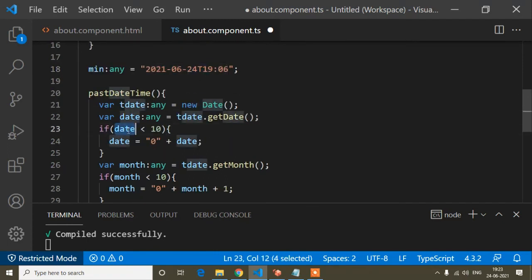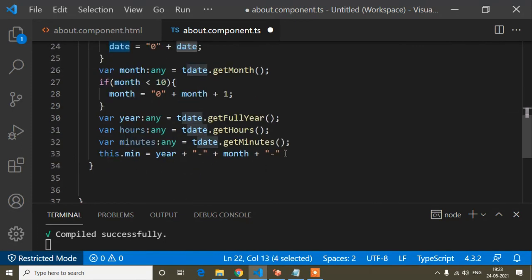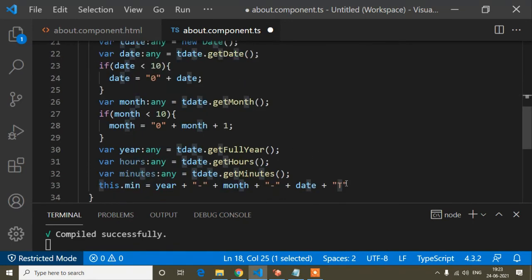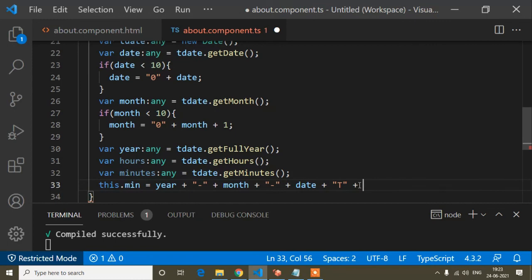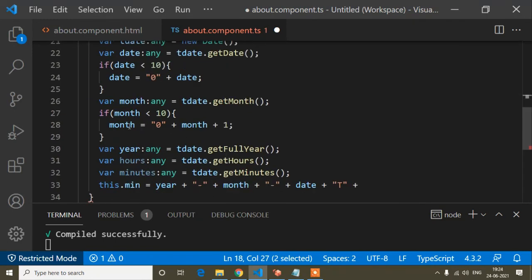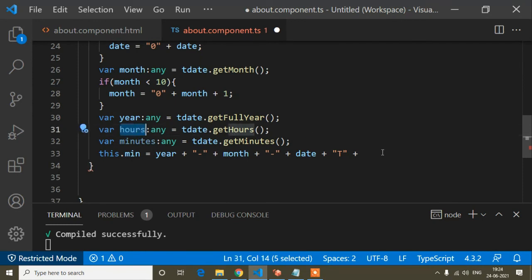Today's date I'm getting in this date variable, so plus date, then plus, then T, because you can see after that date it's a T. So I have written T plus, and after that you can see it's hours colon minute. So these hours, then plus, then colon, then again plus, and then minute.